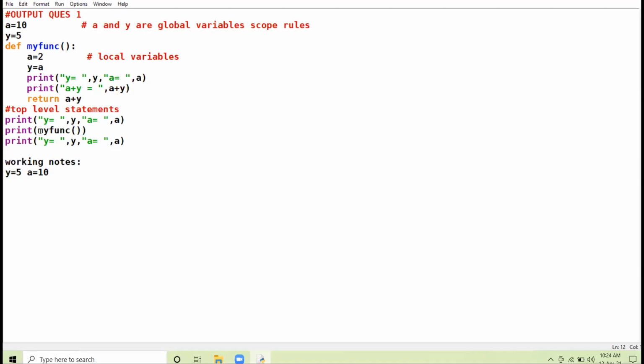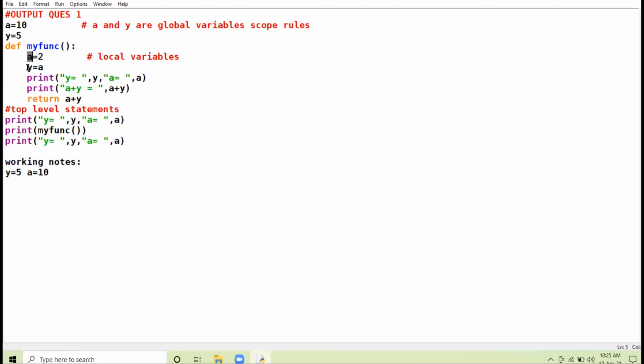And as soon as I called this function, I went inside this function. Right? Now, the moment I call this function, a local environment gets created. When I was in this print statement, I was in the global environment because this A and this Y are declared in the top level statements. They are not in the particular function. The moment I call this function, I jumped to this function. Now a local environment has been created.